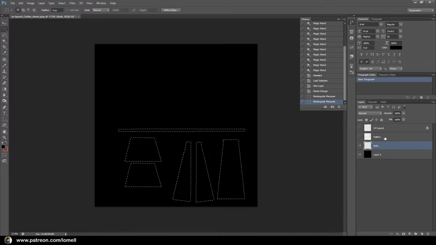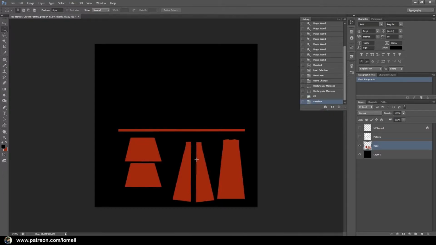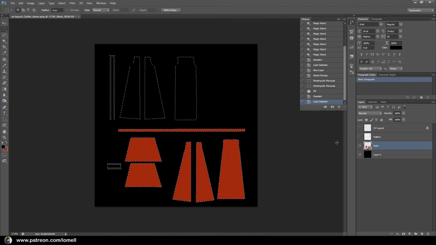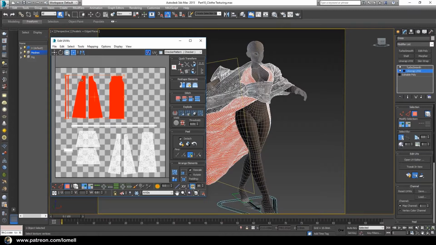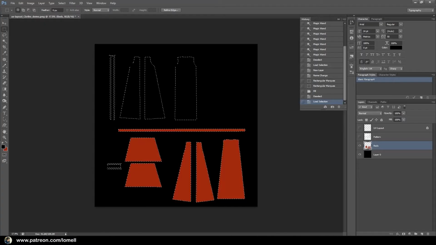Press OK, then Control Backspace and Control D to deselect. Now press Control on our keyboard and click this icon again, and go back to 3ds Max. Now select this garment, and we can see here that this garment is the pink one. Okay, go back to Photoshop and minus selection and create another layer named pink,